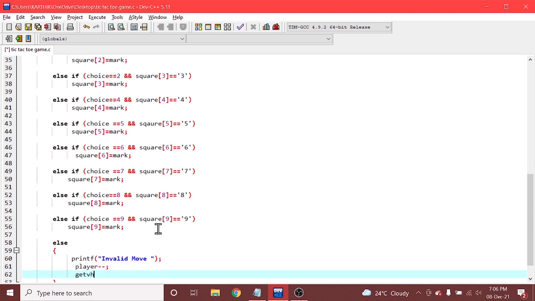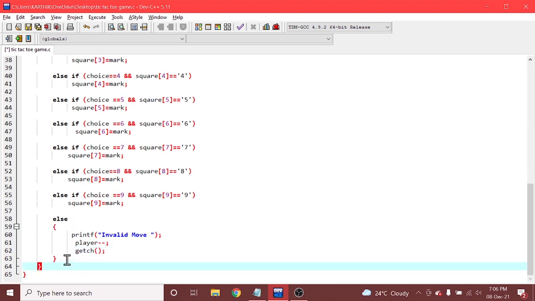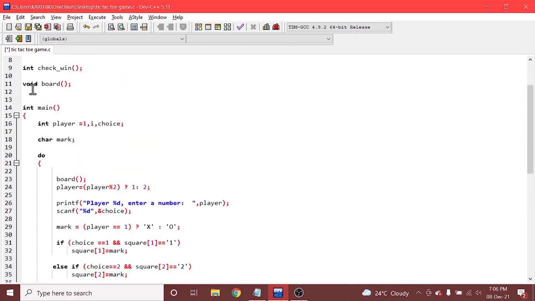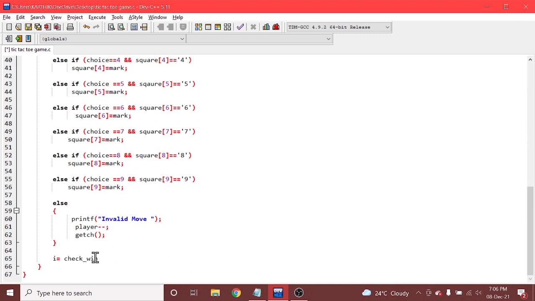We are using a simple getch function. And after ending this else case, we are assigning the function check underscore win, whatever we created earlier, right? Check underscore win. Okay, we are assigning that function call to a variable i.